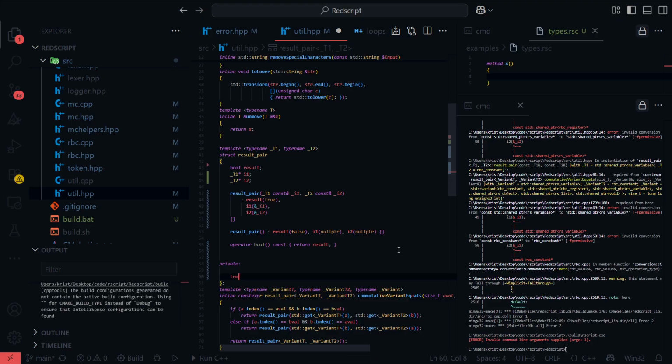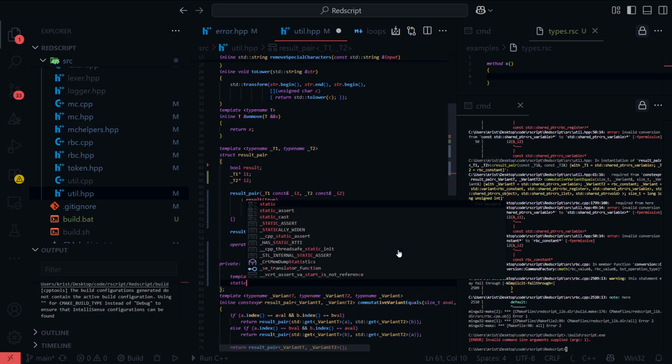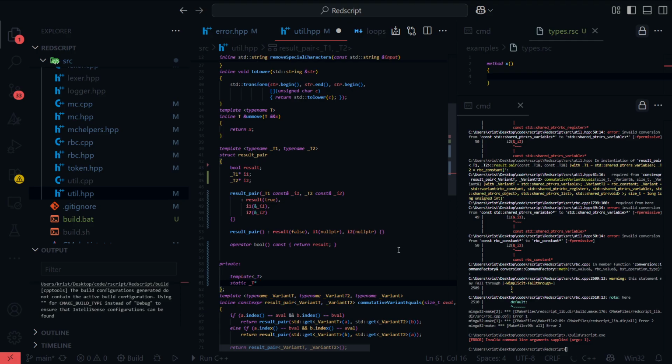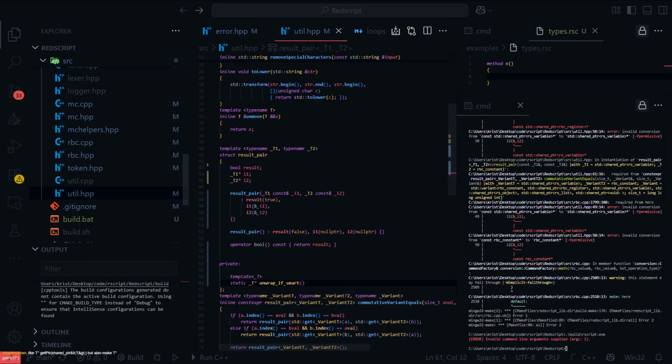What? No. Template type static, type pointer, unwrap. If smart, like T pointer get pointer, but also make T pointer get pointer. Of course.